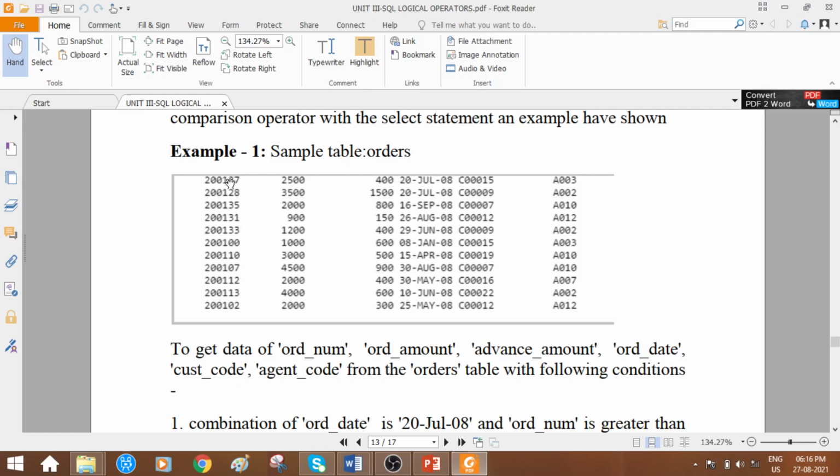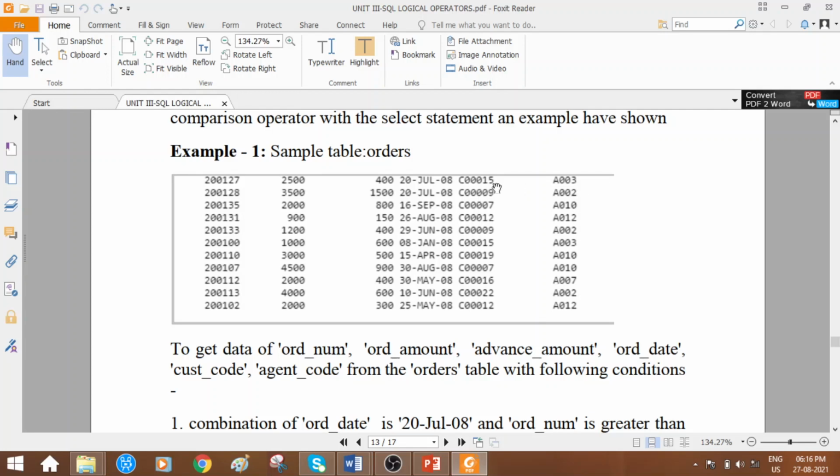Check out here, this is the order number, and the customers' information. Customer code and agent code are both primary keys of other tables. Customer code is a primary key of which table? Customer table. And agent code is a primary key of which table? Agent table.